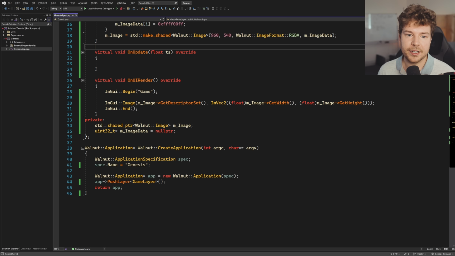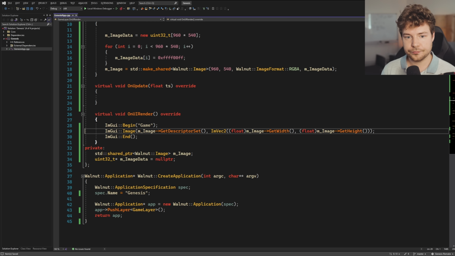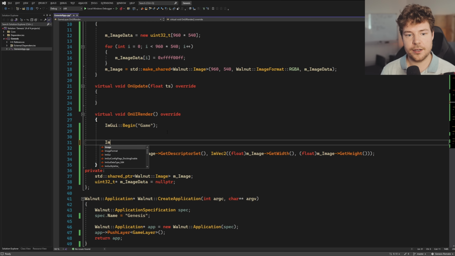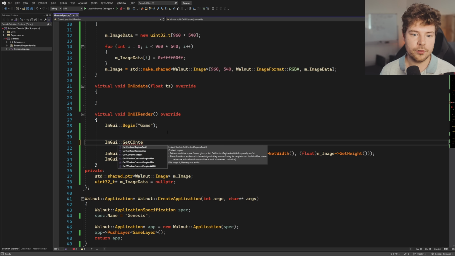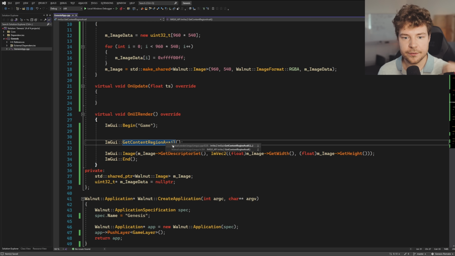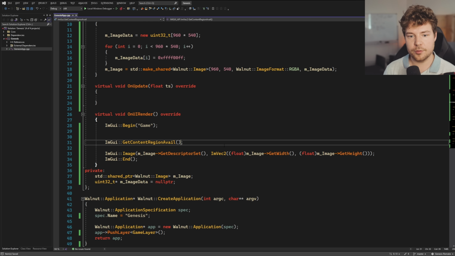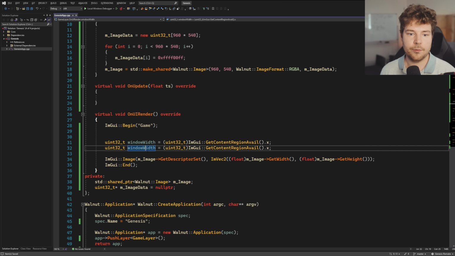So what that means is that we need to maintain the size of this. Now, you can ask ImGui what the size of the window is. If you do get content region available, no, I believe they deprecated some stuff. I think it was min and max, like width. So that should be fine. Get content region available, and then X is going to be the width. So if we just do window width equals that, which we'll cast to a uint32_t because I think this returns a float, and window height,